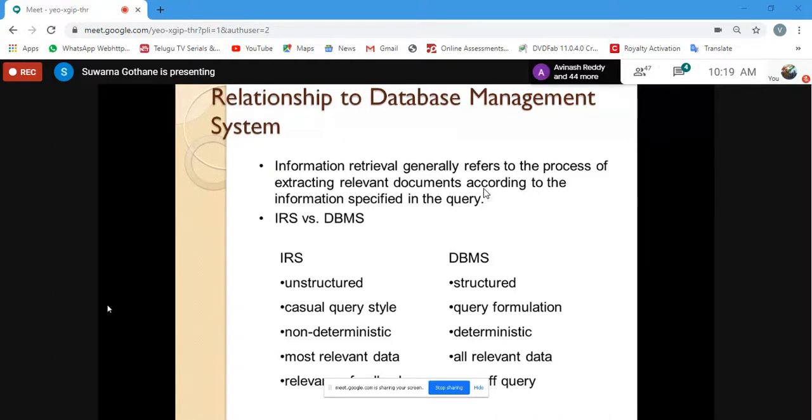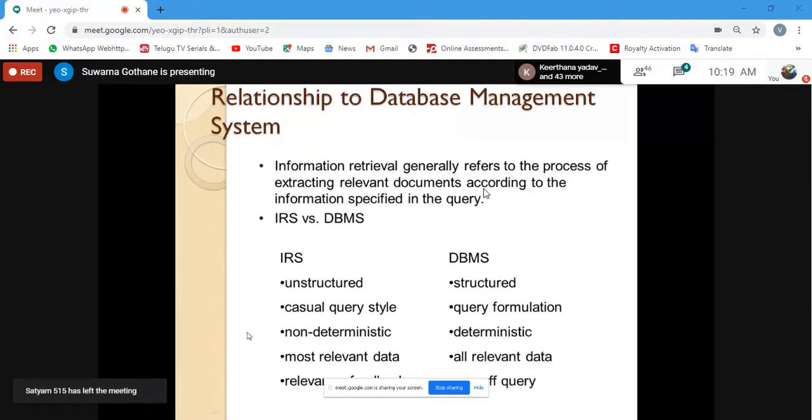Whether the ranking is performed on a timely basis or a ranking basis, we are not sure how the data is stored and ranked. We don't know on what basis the system is going to produce the result. That's why we call IRS output non-deterministic.